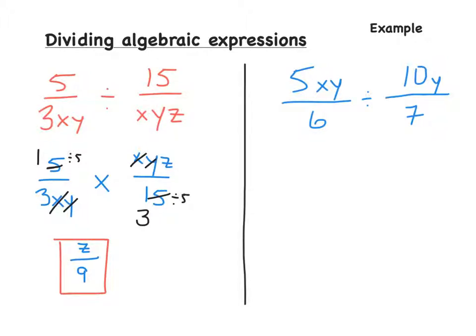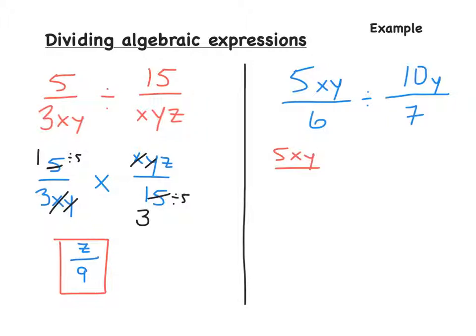Now what I want you to do is pause the video, look at my example, and solve your own example. We have 5xy divided by 6, all divided by 10y over 7. So unpause the video when you're ready to see what I've done. Remember, when we're dividing fractions, we must find the reciprocal, then multiply the fractions. So we will have